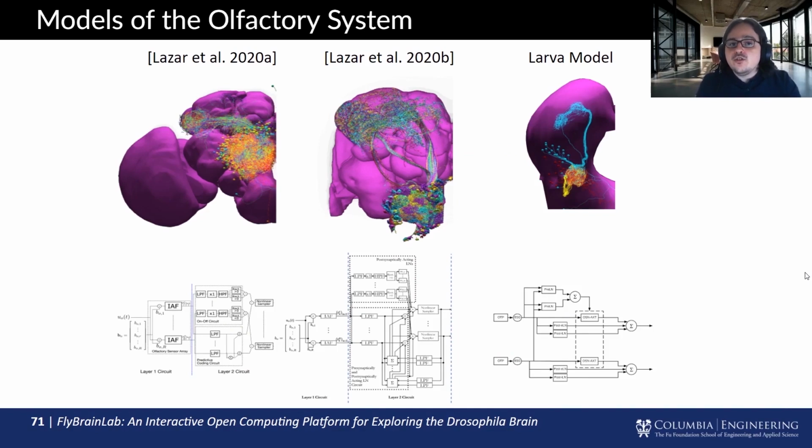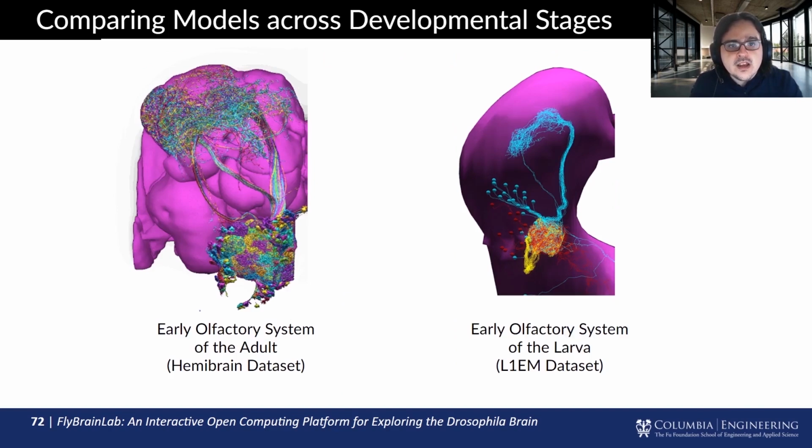Similarly, we can use FlyBrainLab to compare models of the same species across developmental stages or datasets to shed light on the scaling principles. Here, for our second case study, we have looked at the early olfactory system of the fruit fly in 3 different datasets and used connectivity patterns between the cell types to construct similar but slightly different executable circuits. The early olfactory system of Drosophila consists of a number of parallel subcircuits whose receptor neurons express different